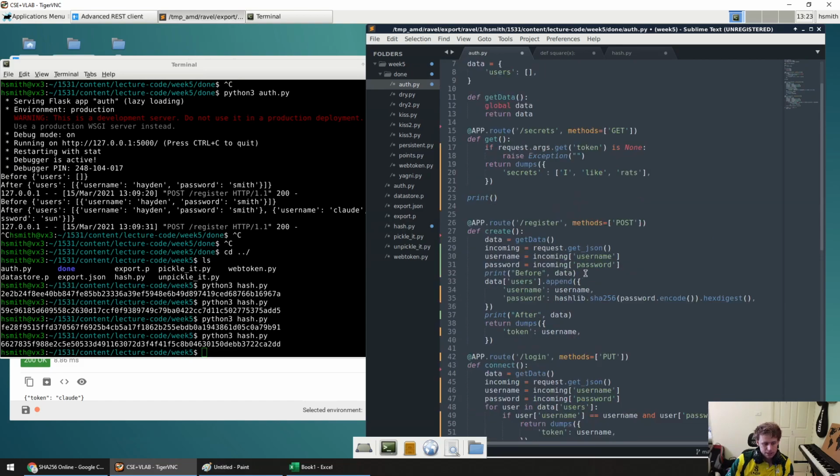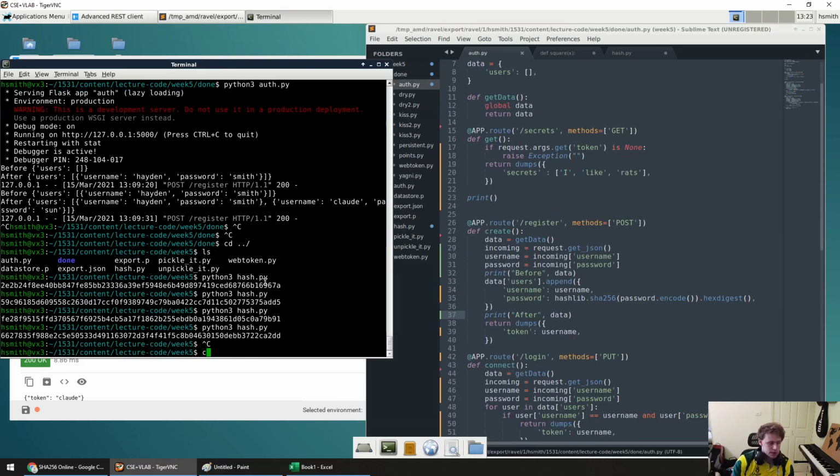So I import hashlib and then I can hash that password and I'm printing it out after. So now what we're going to do is we're going to go and start